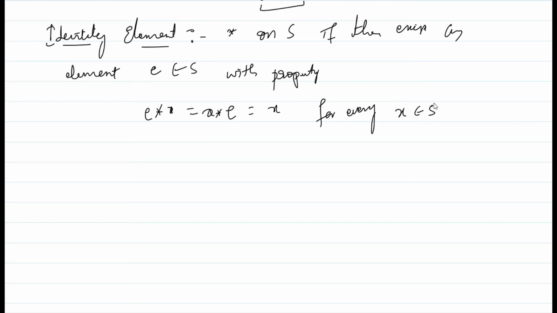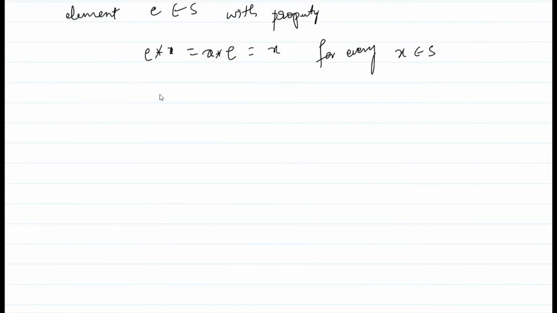You will get to know how this identity element will be formed in the case of Boolean algebra. We will take the values there. Okay, this is the case of identity element. You can write the example, but I will give you once again what the identity element is when it comes to actual digital logic Boolean algebra. And then one more thing I have to introduce right here, that is inverse.